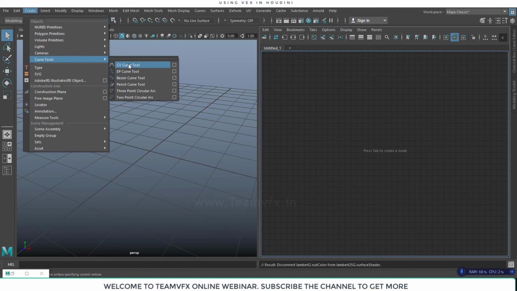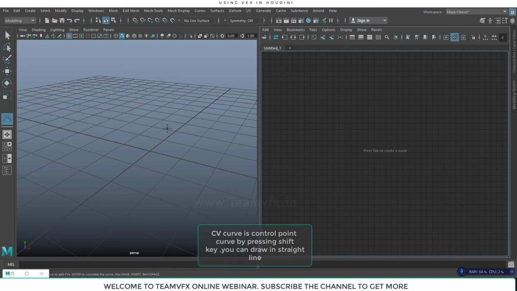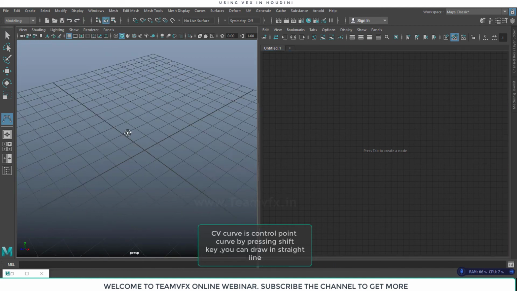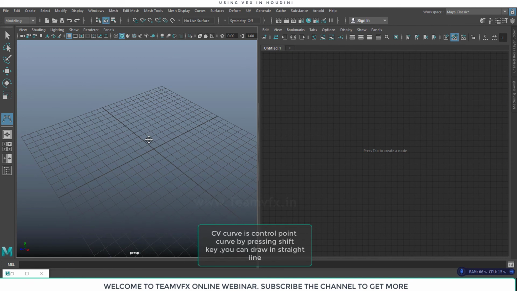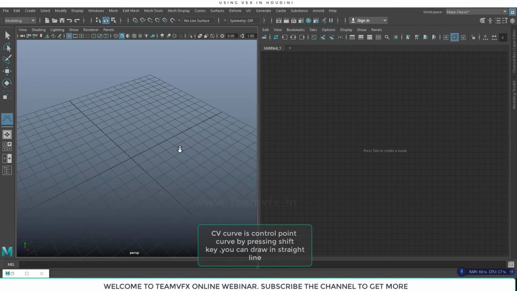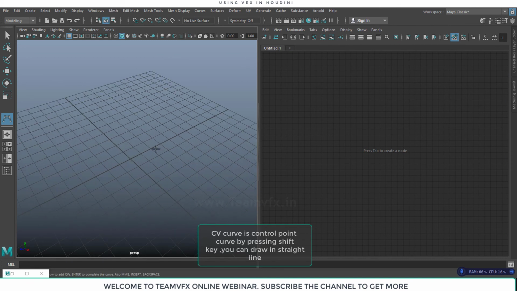So we can create a CV curve in Maya and modify it according to our requirements. Let's work with it in the viewport. I'm going to create a CV curve, and I'll start from over here, and I will put 5 control points.